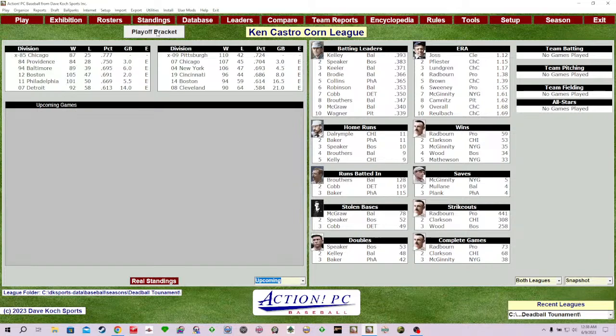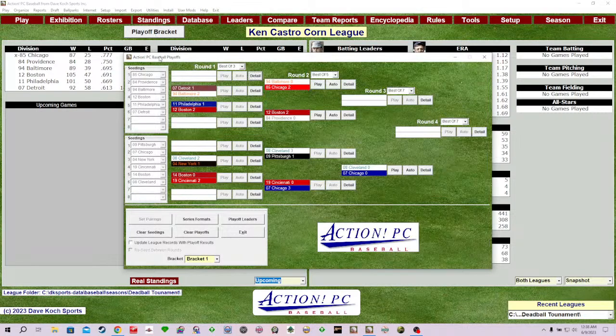Look at our playoff bracket now as it moves on. So the 1907 Chicago Cubs, the 1908 Cleveland Naps, I think that should be a whale of a lineup. Pittsburgh goes home. The next time we return to the KCCL, it will be the 1912 Boston Red Sox against the 1884 Providence Grays. The Red Sox holding a 2-0 lead in that series. And then it's going to be really fun to get back to the White Stockings and Orioles, because that has, as I've said, that has been a war. Good stuff.